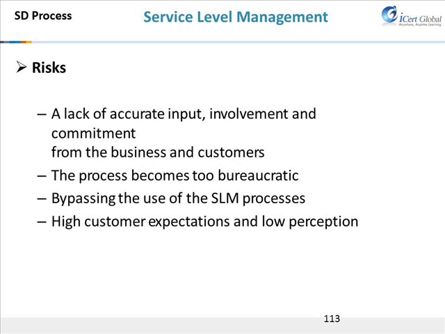Risks. Some of the risks associated with service level management are a lack of accurate input, involvement and commitment from the business and customers. The process becomes too bureaucratic. Bypassing the use of the SLM processes. High customer expectations and low perception,